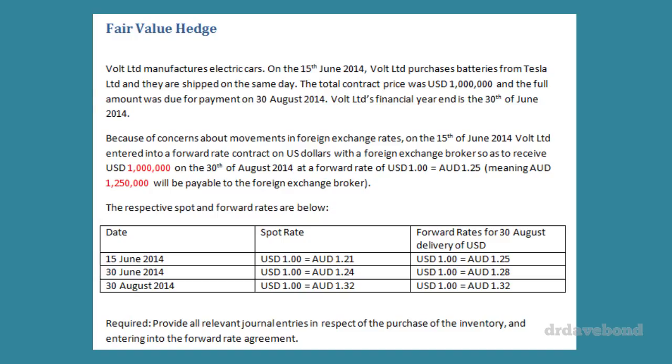What we have to do is look at the value of that $1 million US. And that future $1 million US on the 15th of June is trading at 1.25. So the Aussie equivalent of that is 1.25 million. That's already an Aussie. At that point in time, they're the same. Now, we don't show 1.25 million Australian and we don't show a $1.25 million financial asset and a $1.25 million financial liability. We actually net them out and just show the marginal effect. Reason being,